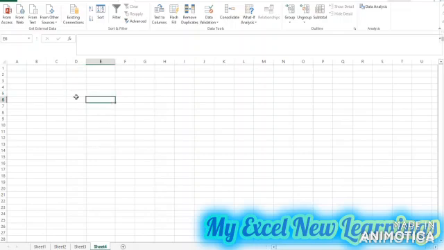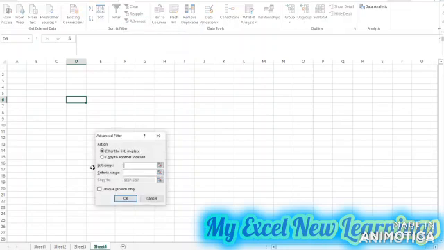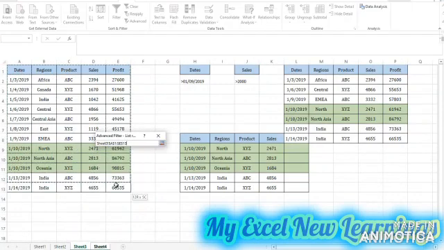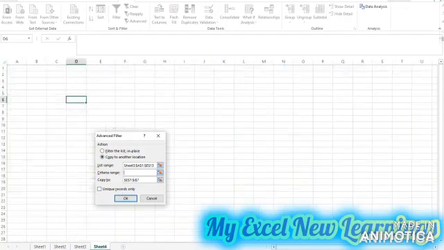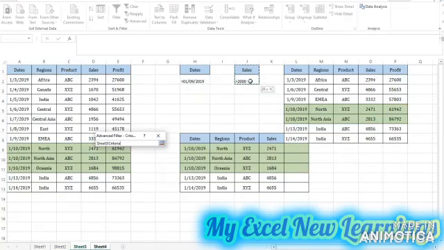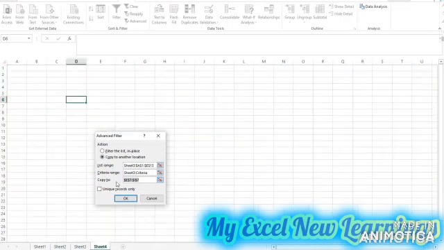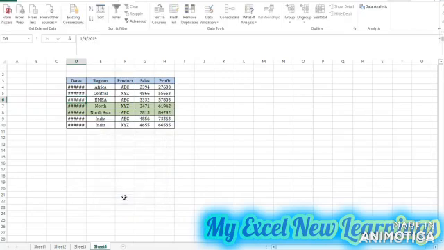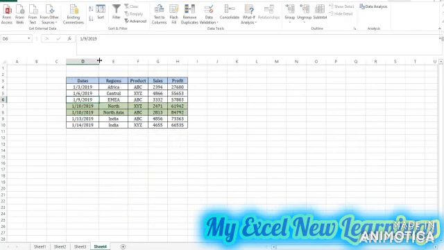So we will try from here. So I will click anywhere in the sheet 4, then I will click on the advanced filter. Now my list range is here in the sheet 3. I will select the table and my criteria will be sales greater than 2000. So I want to paste the data in the sheet 4. So I will click anywhere in the sheet 4, then I will click OK. So advanced filter has sorted out the data as per sales greater than 2000, and it has pasted it to the sheet 4.